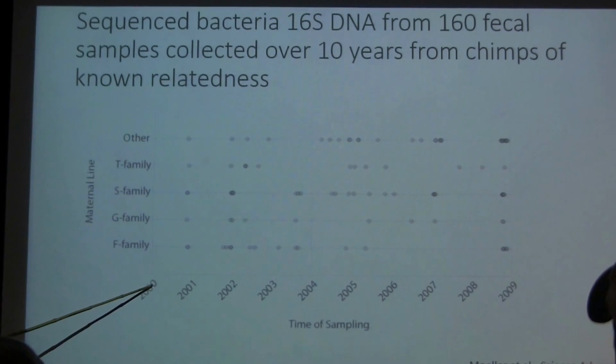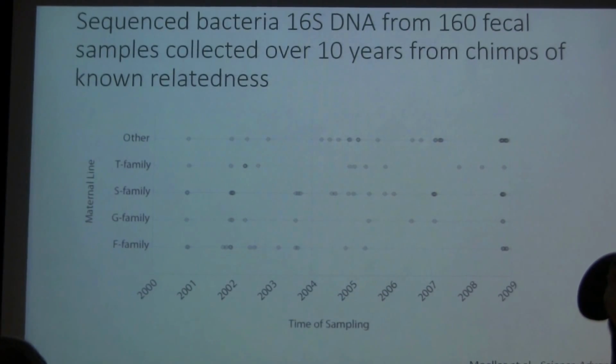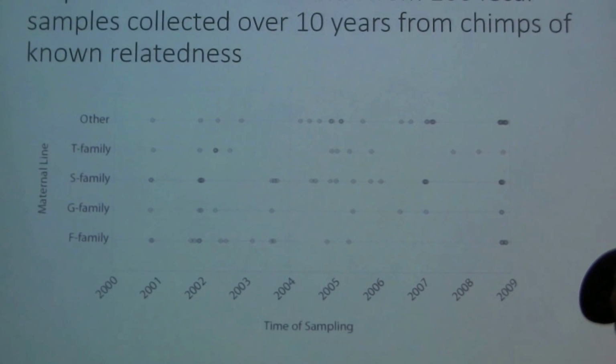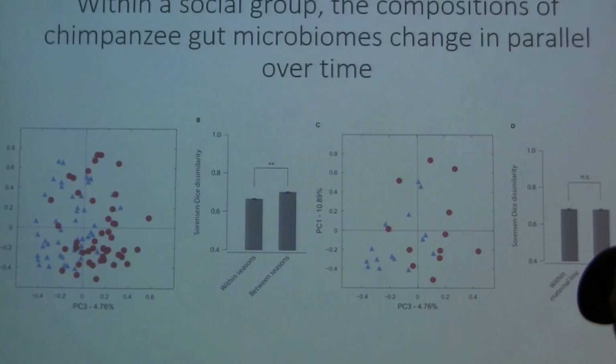And then we have some samples from other families as well. This shows the sampling period went from about 2000 to 2009. We have pretty good coverage of all these families over this time period, although there are some gaps. So what we found was that over time, within a social group, the compositions of chimpanzee gut microbiomes change